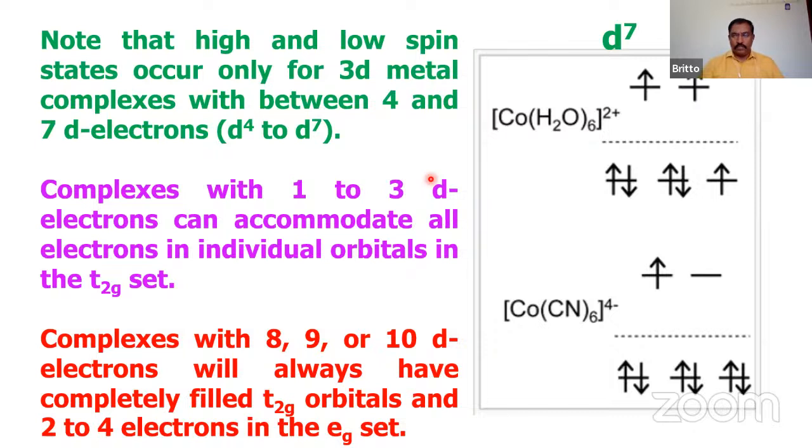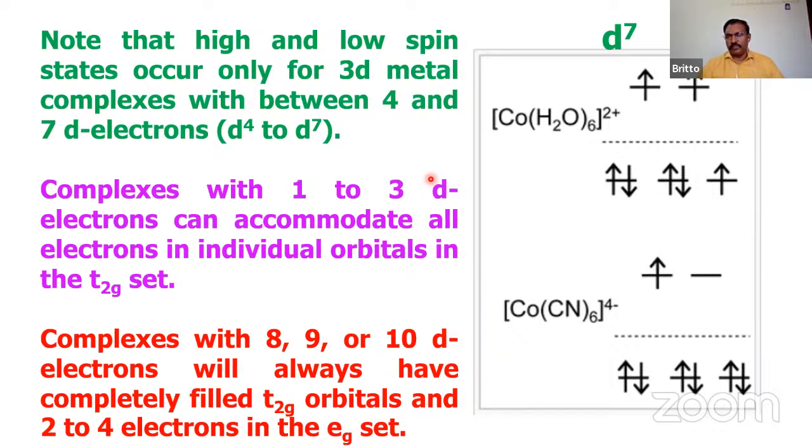So if the D electron configuration is 1, 2, 3, it is going to form only high spin complex, because we have the T2G orbitals, and these 3 electrons are going to occupy one each. So only high spin. So we have to worry about high spin and low spin only if the D electron configuration is between D4 to D7. And if the D electrons are 8, 9, 10, then they are going to have mostly